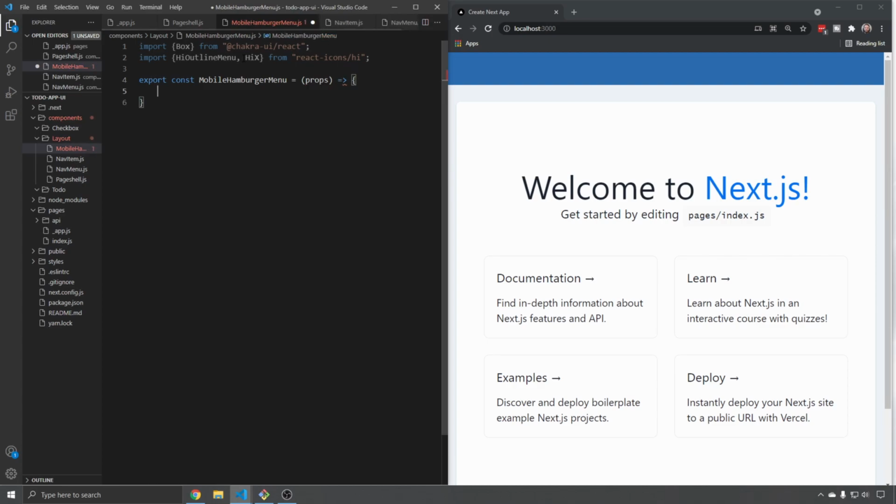And those props are going to handle two things: onClick, so that we can do something, and also, is it open? And we're going to use props.isOpen, and you'll remember we've used this isOpen before. So what we're going to do is return a Box